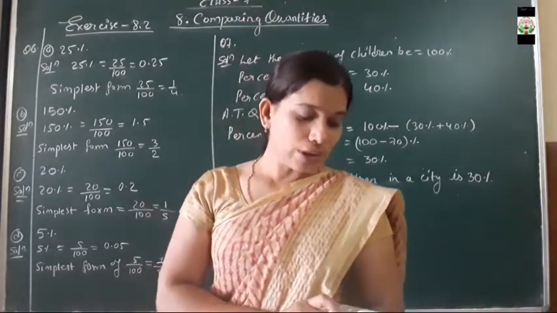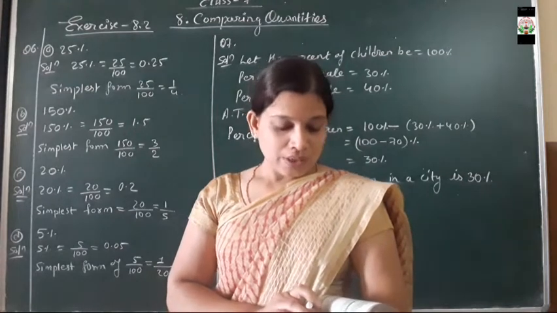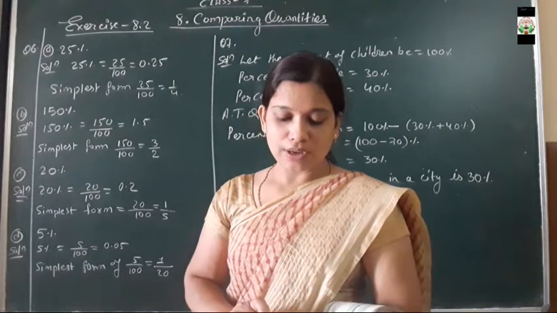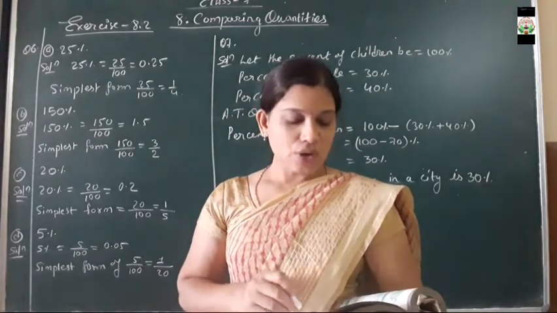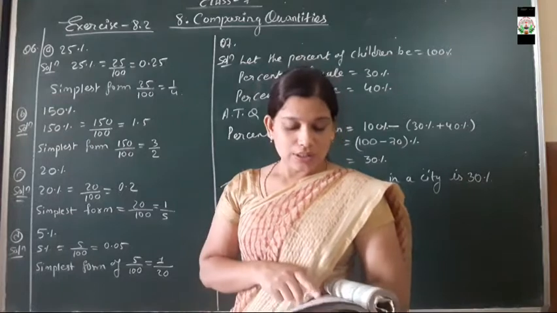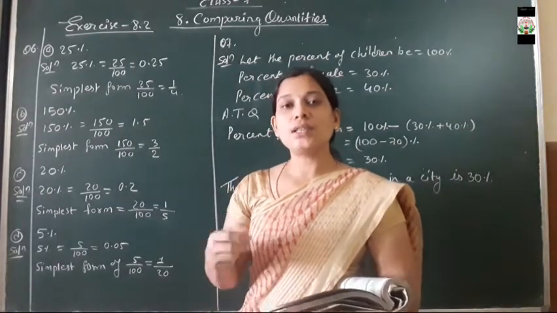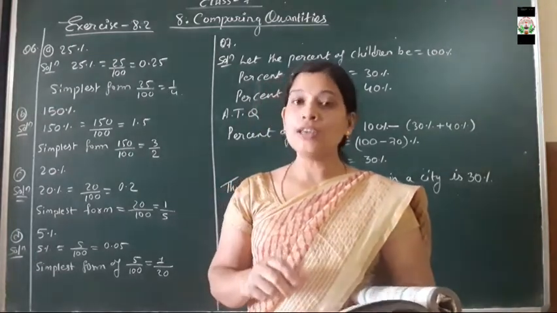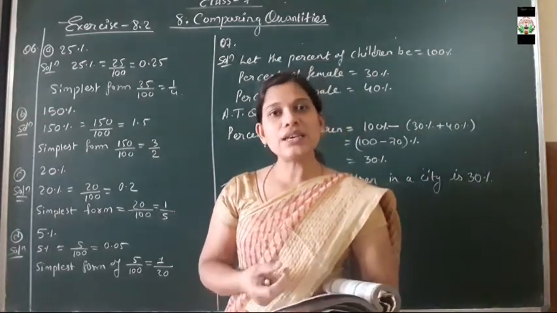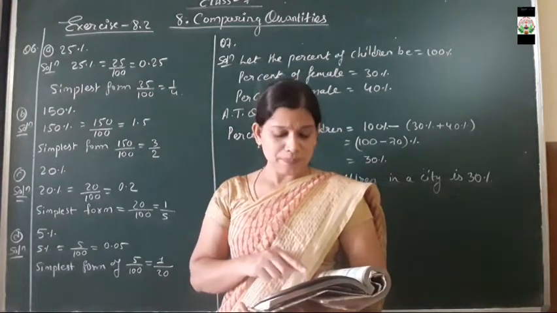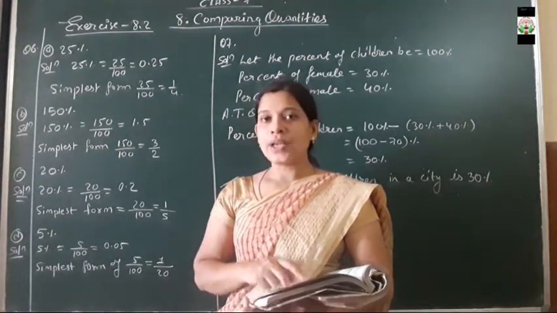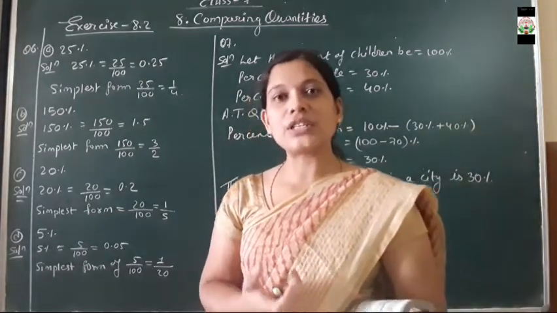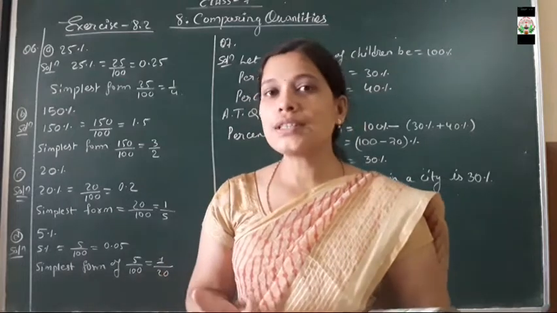So dear students, look at what question number 6 says. Convert the given percent to a decimal fraction and also to a fraction in simplest form. Here we have to convert the percent to a decimal fraction. In the previous question we were converting numbers into the form of a percent, but here the percent is already given, and we have to convert it into decimal fractions. After converting it into a decimal fraction, we have to convert the number into the simplest form. So what is the simplest form?